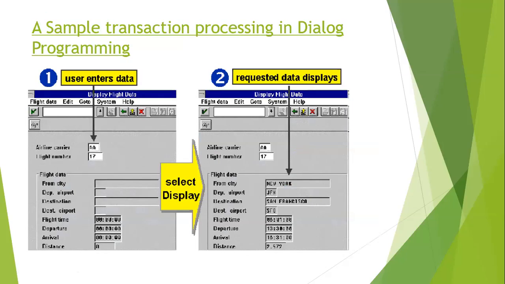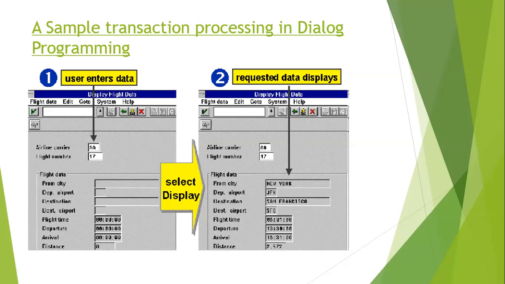So let's go to the second screen. See here, this is my screen. I'm giving the information. Once I enter it, all the blank data automatically comes into that particular screen. Here it is displaying only. At the same time, suppose I want to modify this information. Once I click on save, this information automatically gets updated in the database. If you want to edit the data, you are able to edit the data.